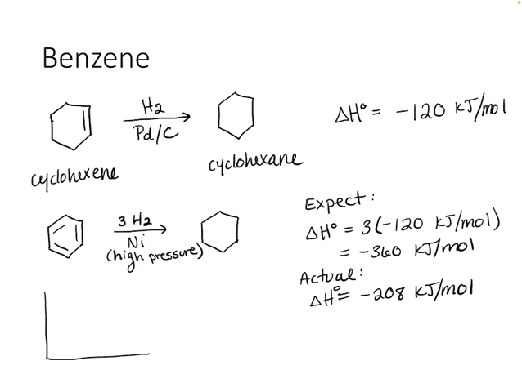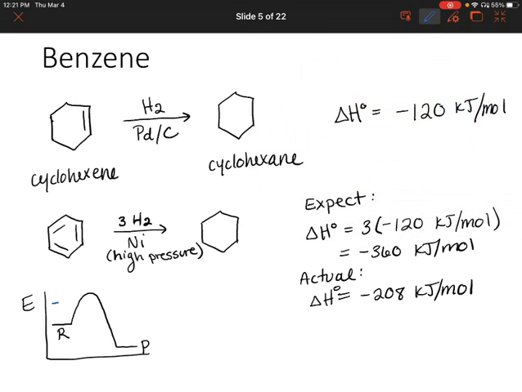So remember in our energy diagrams or reaction coordinate diagrams, we have our reactant with a certain amount of energy, and then we have our activation barrier, and then we get to our products. Now, if the reactants start out being unstable, so they're like way up here, for instance, so they have a higher energy, then the activation energy is less, but the enthalpy change is the difference between the energy of the reactants and the products. So that's a pretty large enthalpy, but if your reactant is more stable,